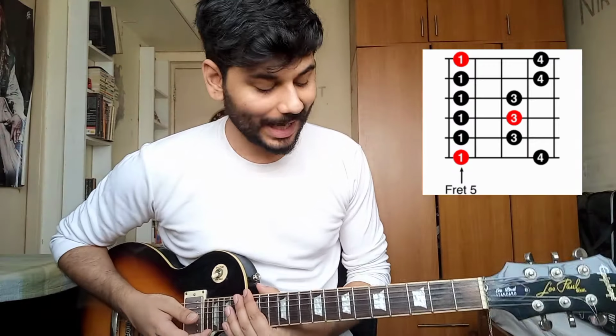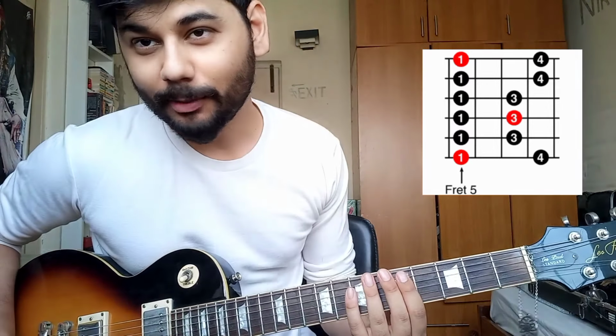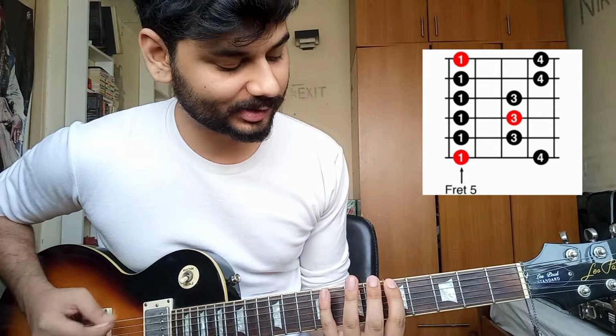The frets that I add, or the notes that I add to this already existing box shape of the A minor pentatonic are really simple. So the box shape is, I'm gonna just put down the distortion a little bit on my guitar. Just give me a second. The box shape is,